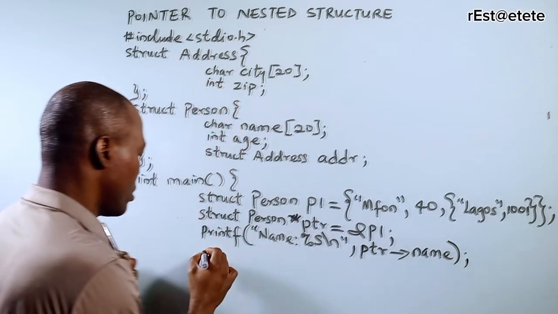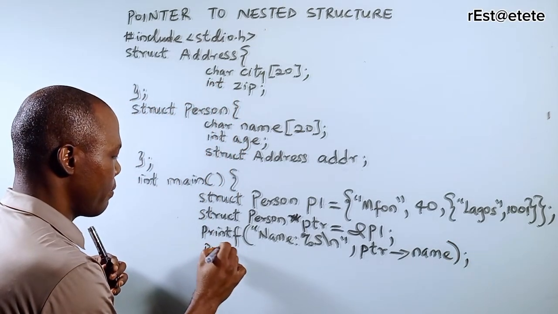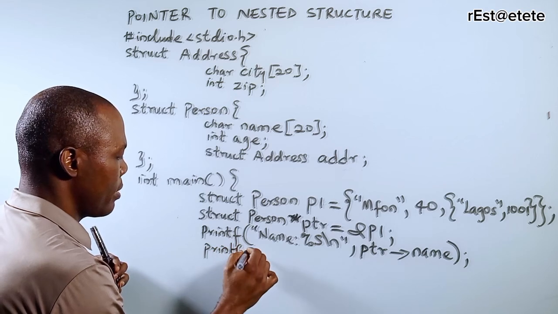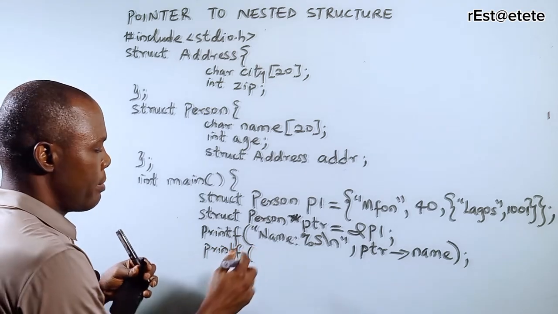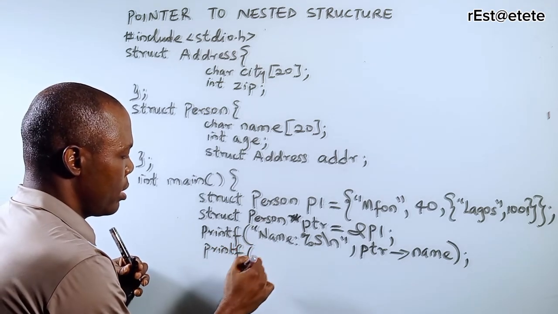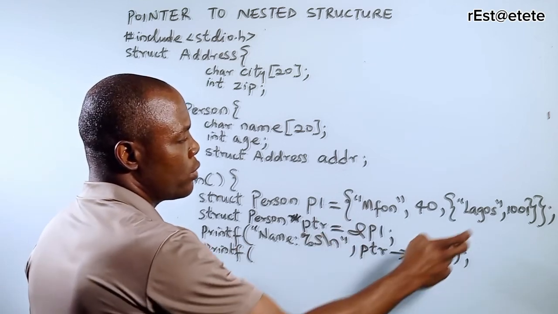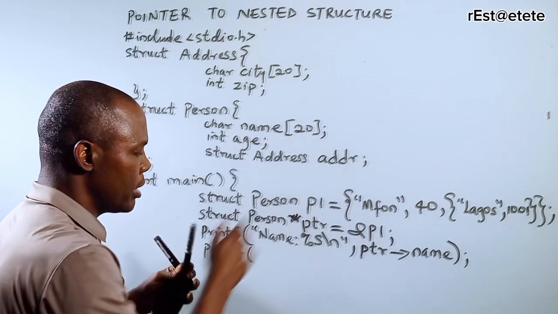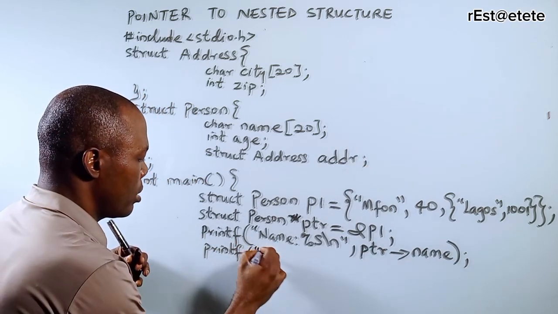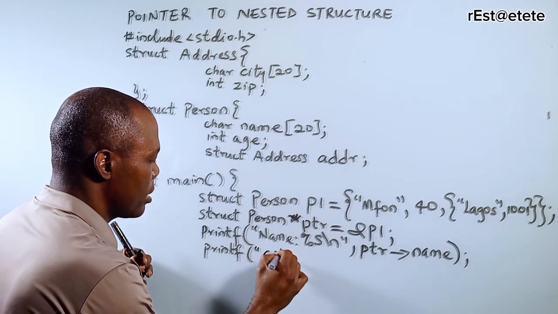And then I will close. So printf. To access the name, that was one. Now I want to access the location. Let's leave the age. Let's access location. So I will say city